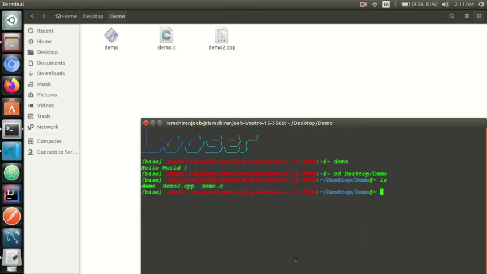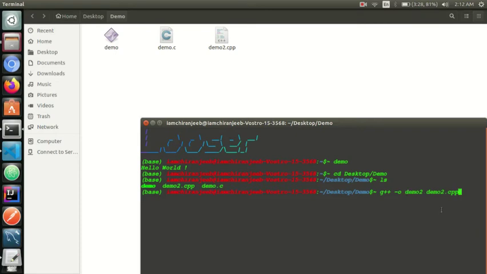To compile a C++ program in Linux, we will simply type g++ -o. Before running this, I want to say, whatever you write here, that will be your executable file name. Sorry, g++ -o test_cpp demo2.cpp. Whatever you write here will be our executable file name.